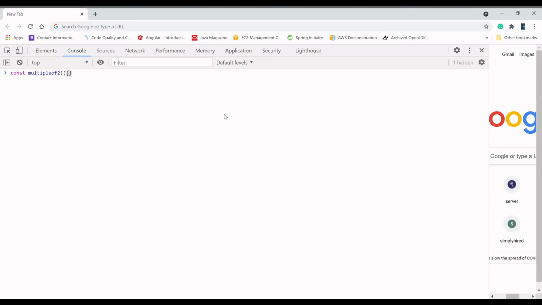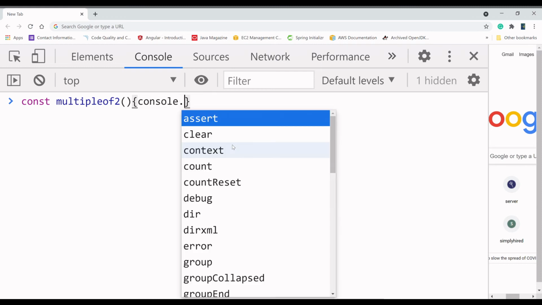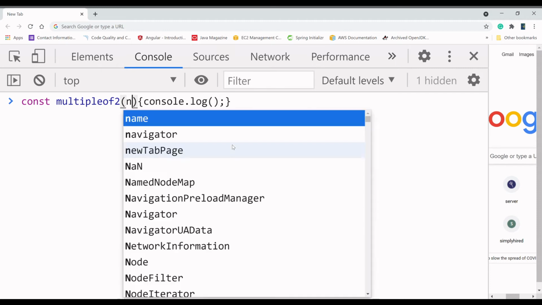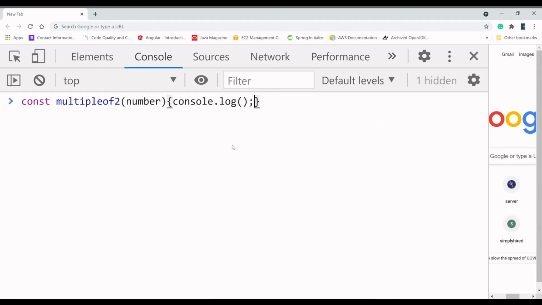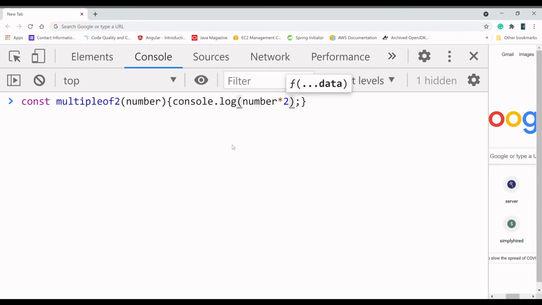Sorry, I have to increase the font. In the console.log, I have to write the data that we are going to pass. What are we passing here? A number. Whatever number we have, we can multiply it by 2.